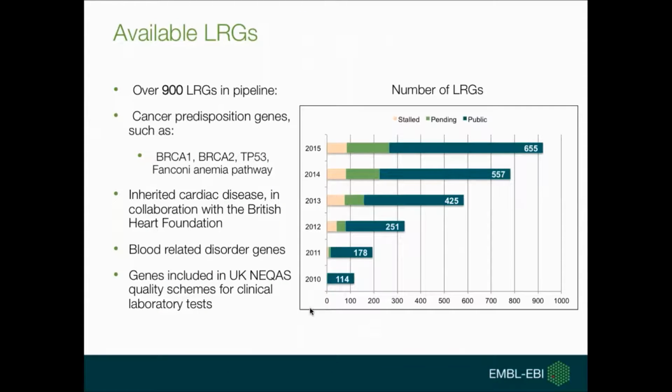In terms of LRGs that are available for the community to use, there are over 900 LRGs in the pipeline. Of these, 655 are available for the community to use immediately for reporting variants. Our LRGs vary. We have LRGs for cancer predisposition genes, for example, BRCA1, BRCA2, TP53, genes in the Fanconi anemia pathway. There are also LRGs for inherited cardiac diseases, and these LRGs, I should say, were created in collaboration with